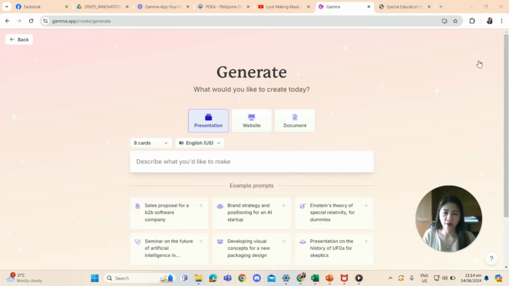Okay, same way with generating our document. It's easy. Just type the topic. Then after typing the topic, choose how many cards you are going to use. Then after that, click this document button for you to generate your own document. Okay. So it's the same procedure as what we did from presentation to website.